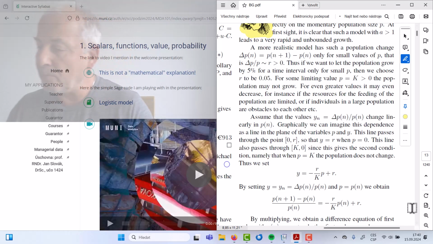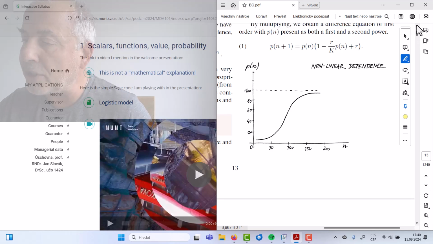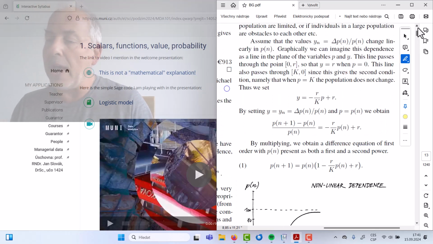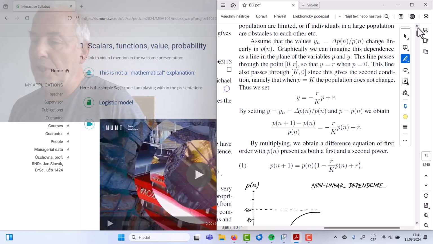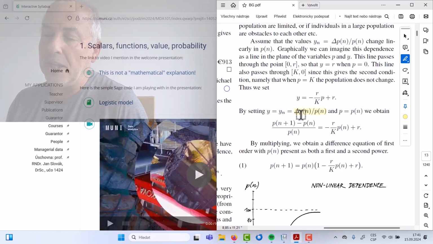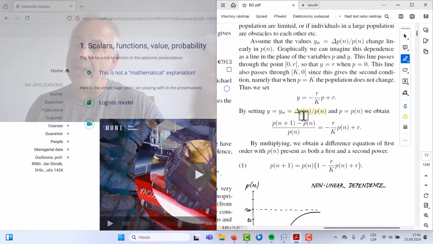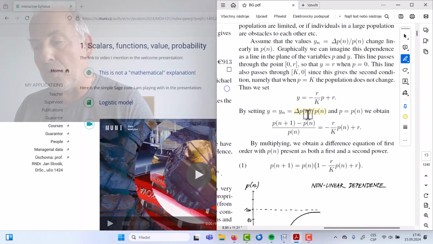But for others, it will be meaning finally something interesting, right? So imagine that we have got a dependence where actually the population can't grow in this exponential way all the time, but we want to see that the change of the growth, so that's this delta of p, the change between the n's and n plus 1s, and the proportion of the change to the absolute value where we are, so that the relative growth should be linearly dependent